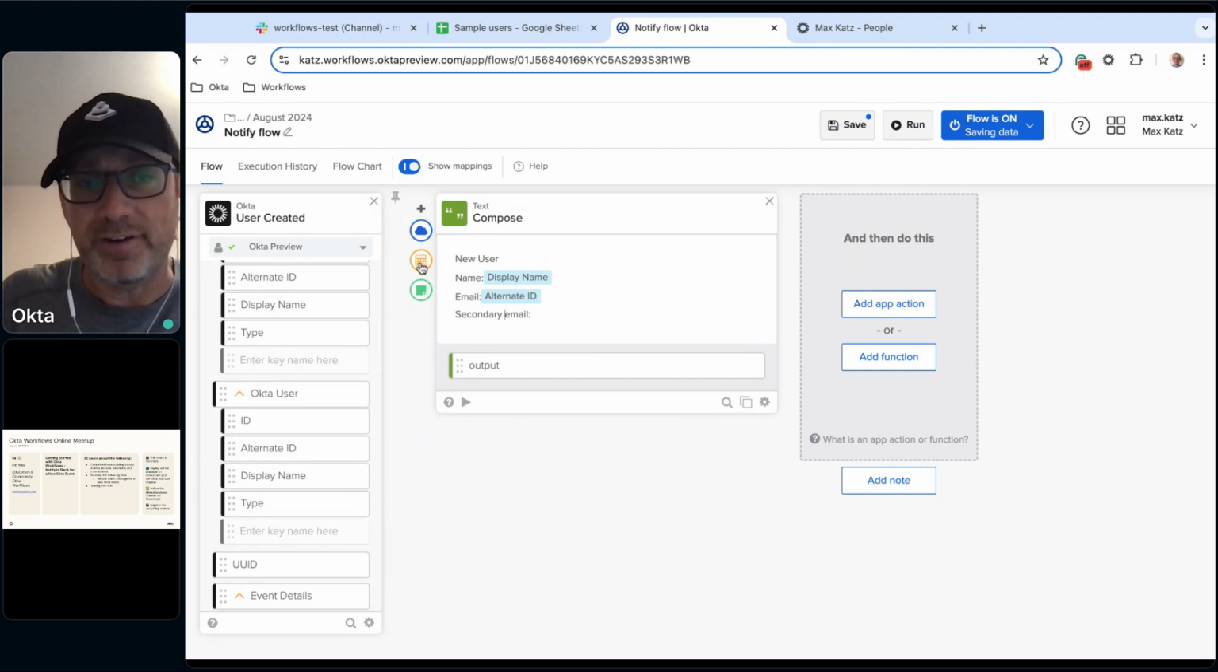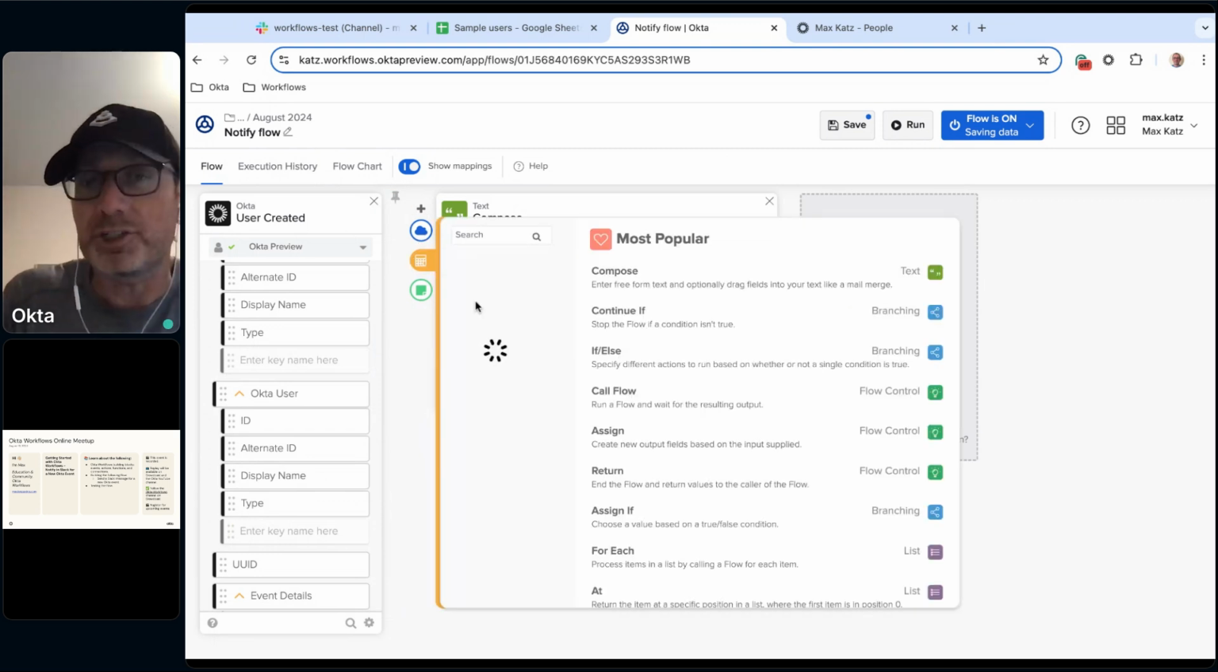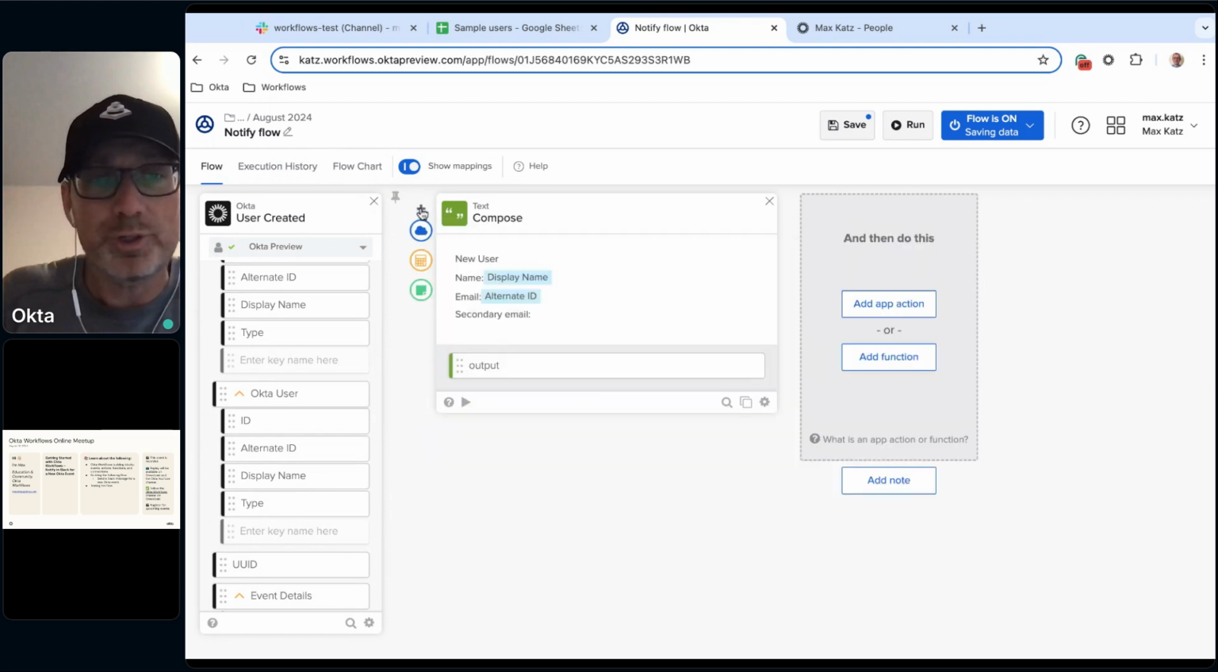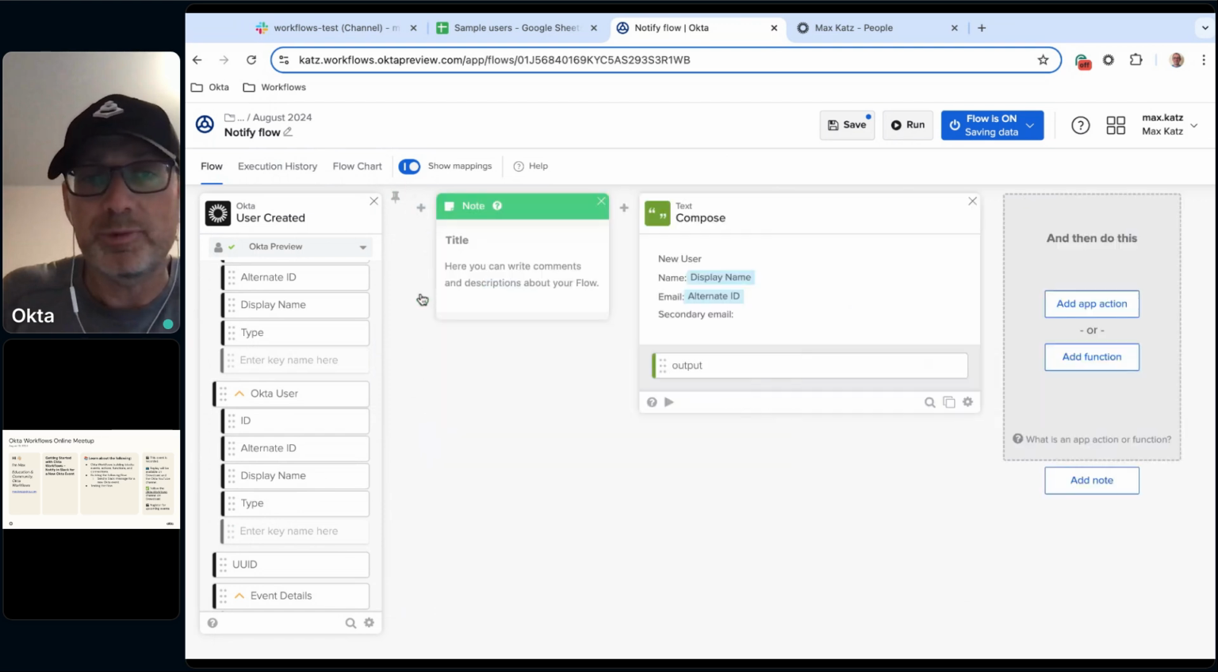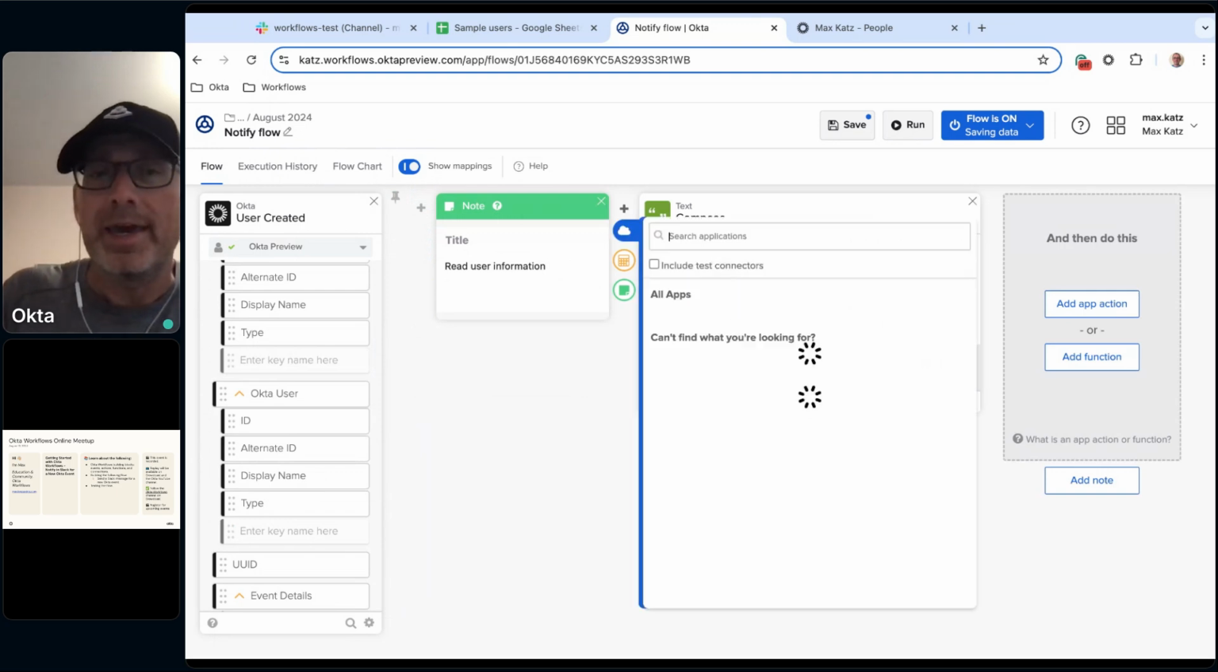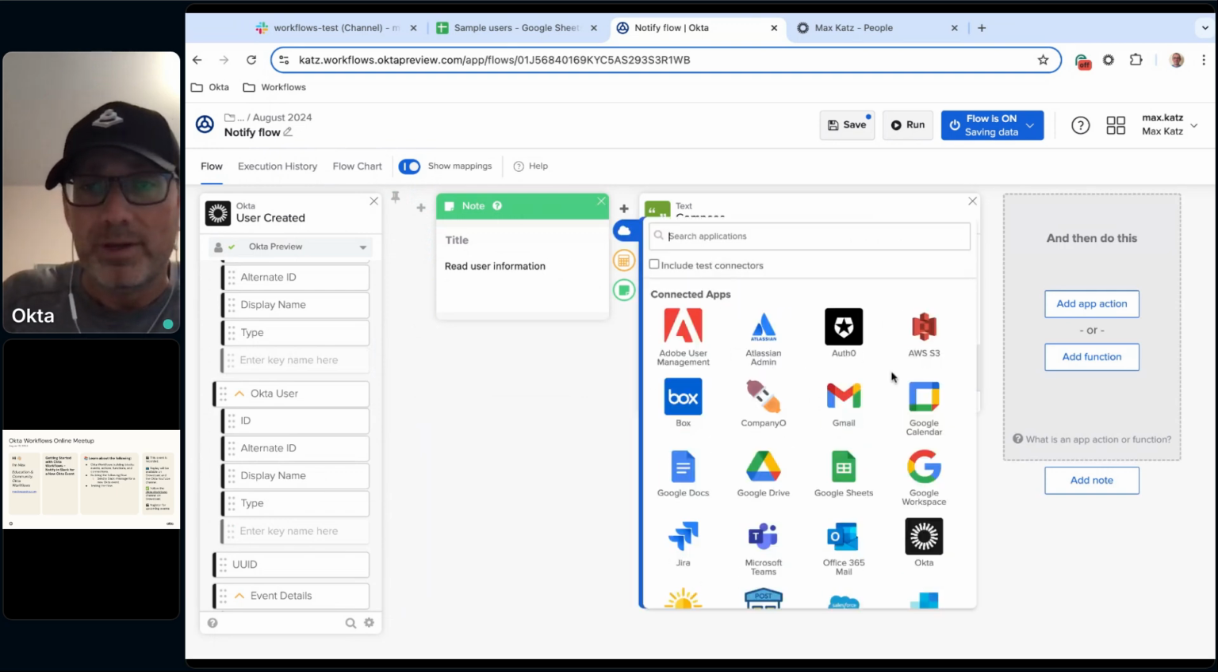this one here is the function. So if I wanted to place another function, I could do that. This one here allows me to add a note. So this is like a comment. So we can say read user information. And then here I'm going to click the cloud icon. And now